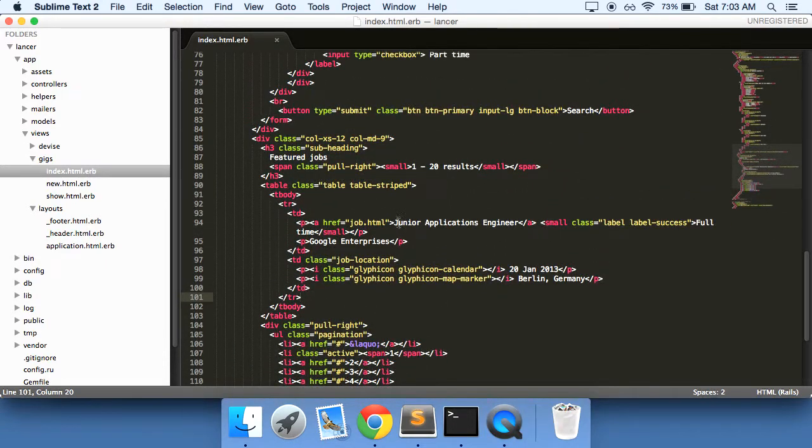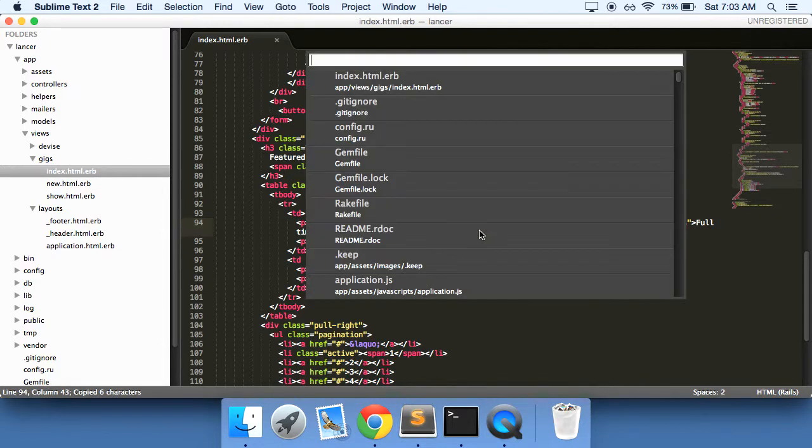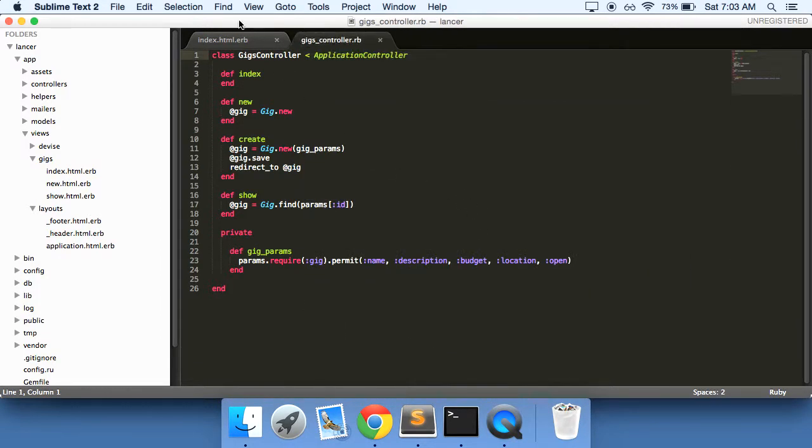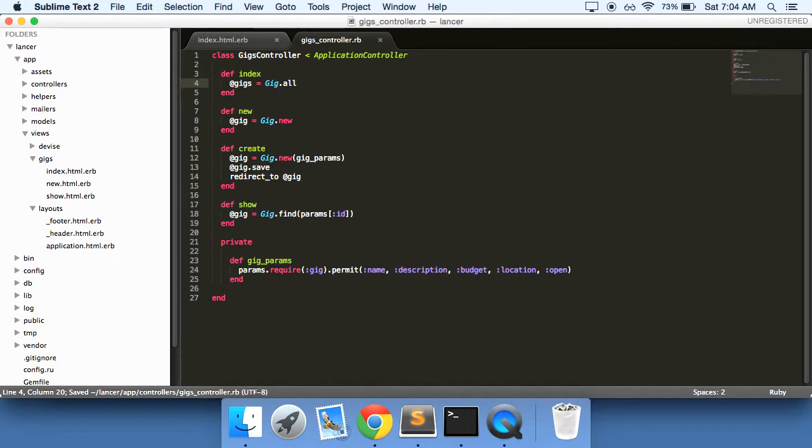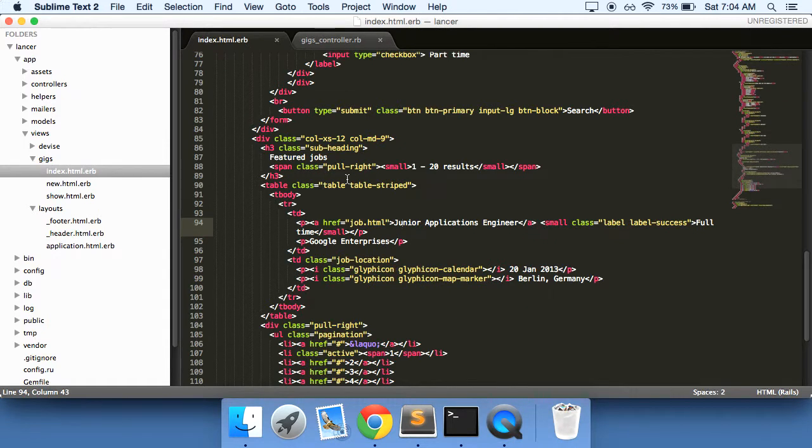We have only one record. And before we can actually start putting in dynamic information here, we'll have to go into our gigs controller. And in our index action, we have to define @gigs equals Gig.all. And that'll give us all of our gigs. So we're setting that variable to that. So now if we go back into our index.html page,